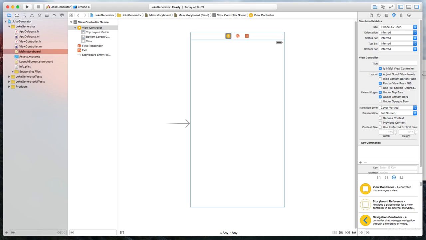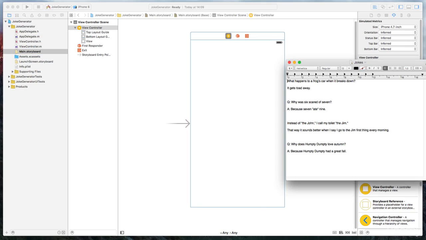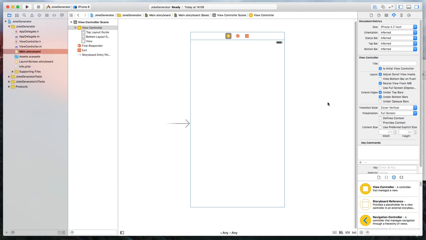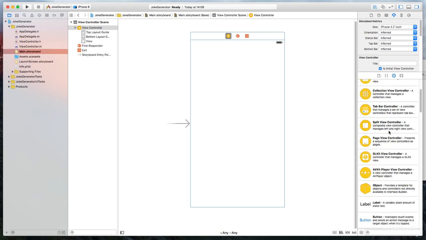Then we're going to create a button which will randomly select one of those jokes and display it within our label to create our simple joke generation application. As you can see here in this text file, I have 4 jokes already that we can implement into our project. Before we can get down to that, we're going to simply, in our interface builder, place in